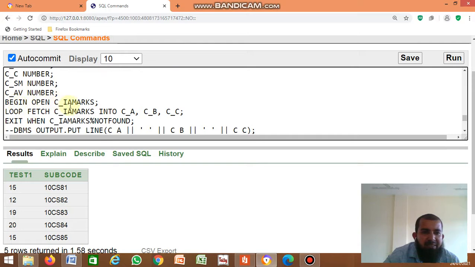Then begin, open C_MARKS. Loop, fetch C_IAMARKS into C_A, C_B, C_C. The loop starts here. Fetch from C_IAMARKS, that is assigned to C_A, C_B, and C_C.